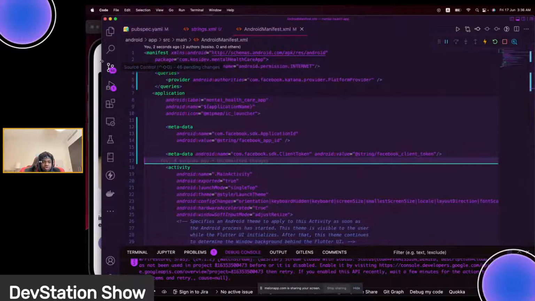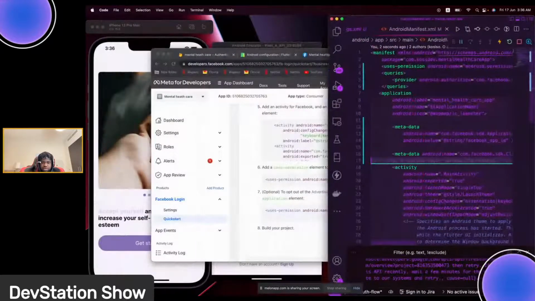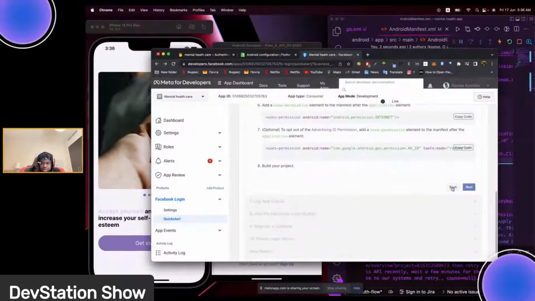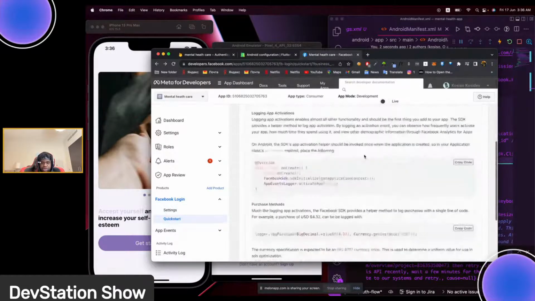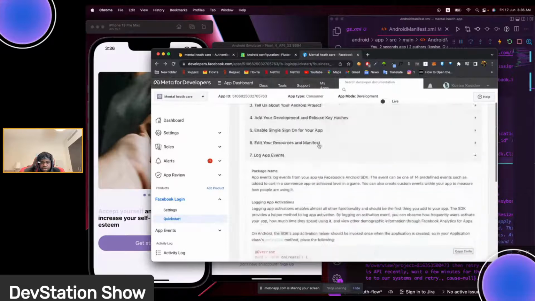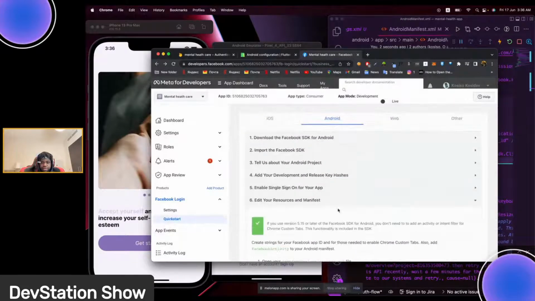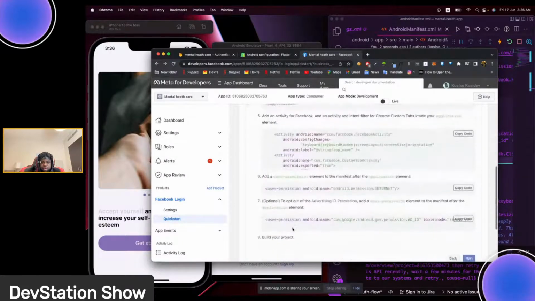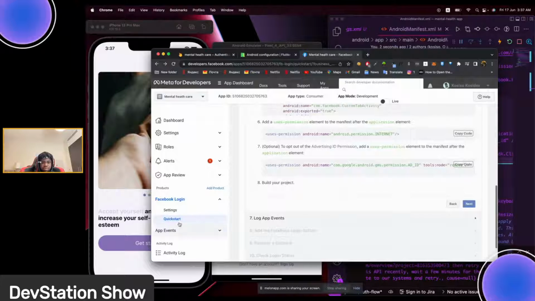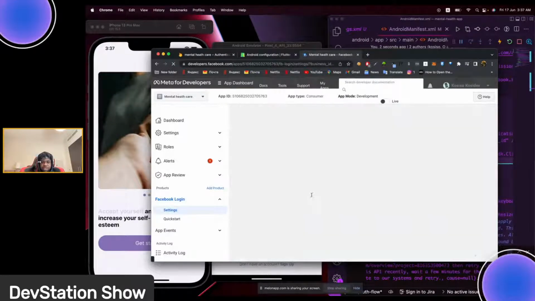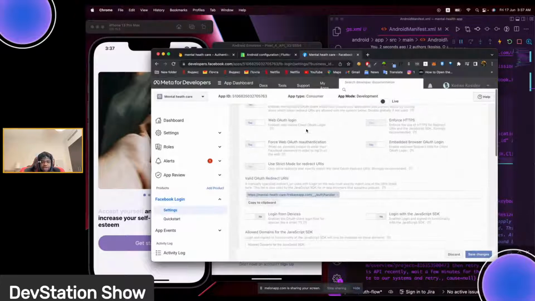And once you are done with that, let's see what else we have to do. So click on next. So you don't need to do all this stuff. So basically you have to stop here. This is where you have to stop. If you are working on Flutter, you have to stop here. The remaining ones you don't need to do. Then go to your settings, like I said, make sure your settings is looking like this. And after that,